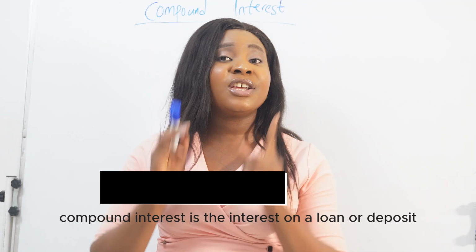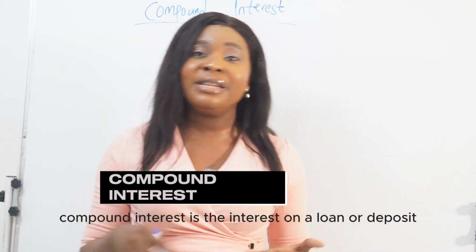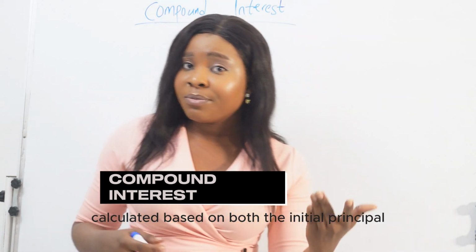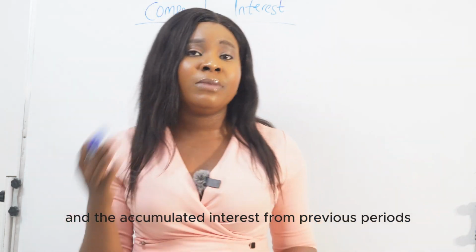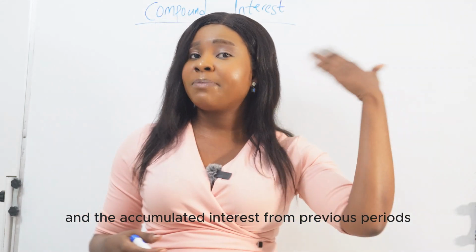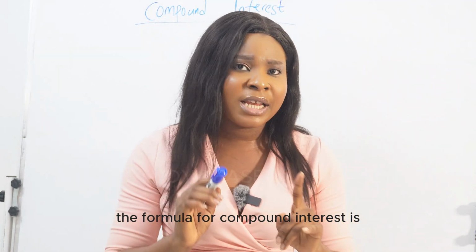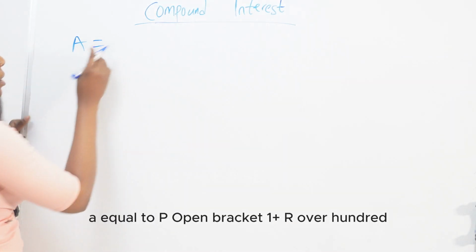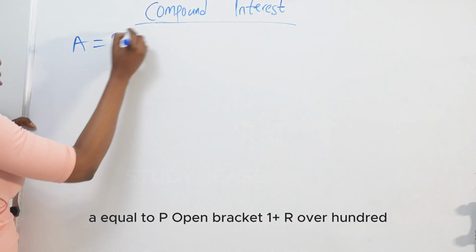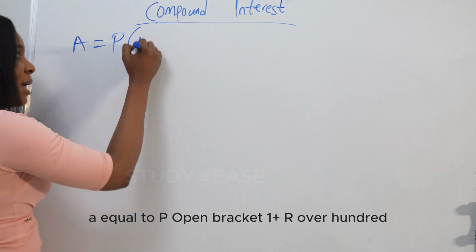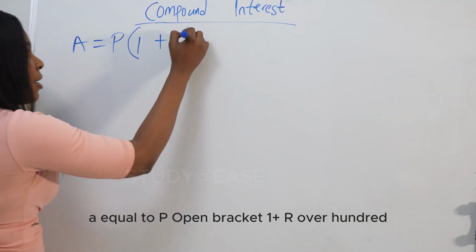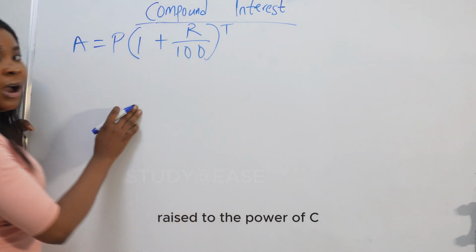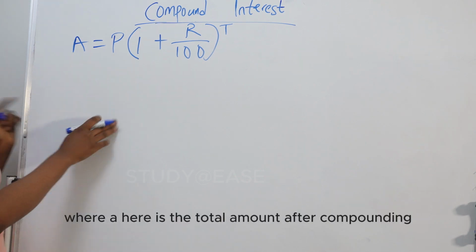Compound interest is the interest on a loan or deposit calculated based on both the initial principal and the accumulated interest from previous periods. The formula for compound interest is A equal to P open bracket 1 plus R over 100 raised to the power of T, where A here